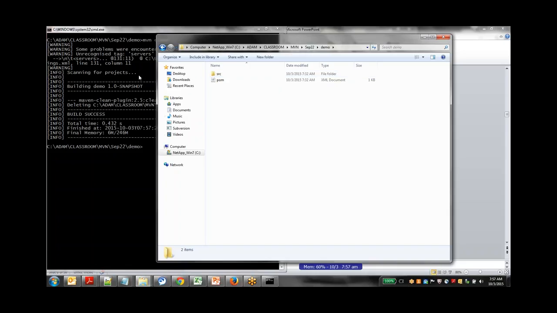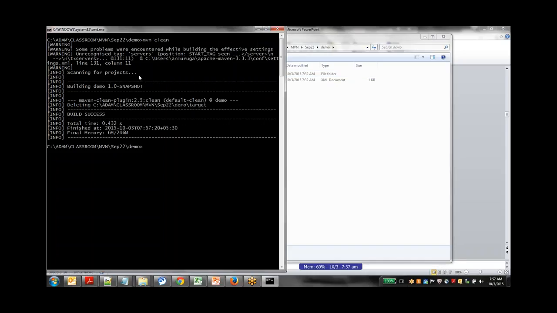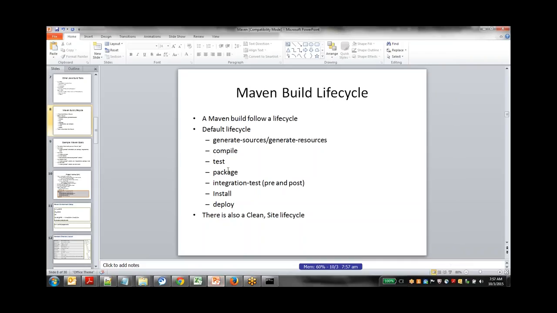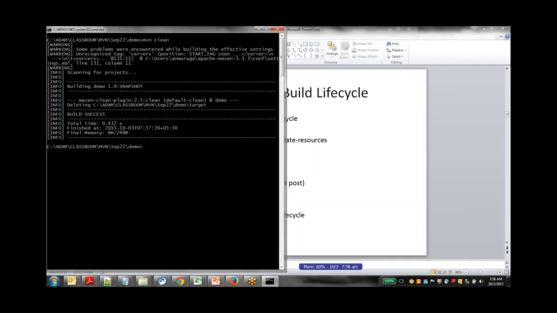So this is how you delete, just to ensure that before creating a new build, it will clean up. Now if I have to do a build of the project, every time rather than going one step at a time, I can directly call package, right? So that it will do all those things. It is not mandatory that you have to execute steps one by one. It is just for the demo I was showing. So instead of that, we can directly call one step like install or package that will do all the other steps from the beginning. So now if you simply say Maven package,